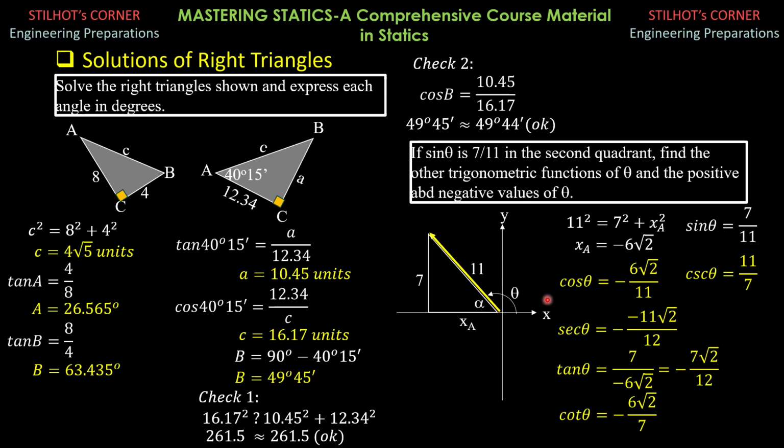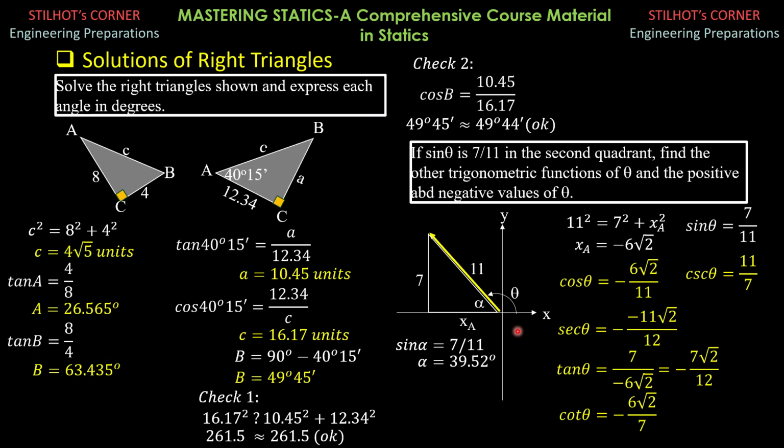So that's why to analyze theta, it lies in the second quadrant. Let's solve for alpha first. So from the figure, sine of alpha is 7 over 11. Let's strip all sides of this right triangle to be positive. So sine alpha equals 7 over 11. So that's why alpha is 39.52 degrees. This might be your answer if you do not think that theta is in the second quadrant as mentioned here.